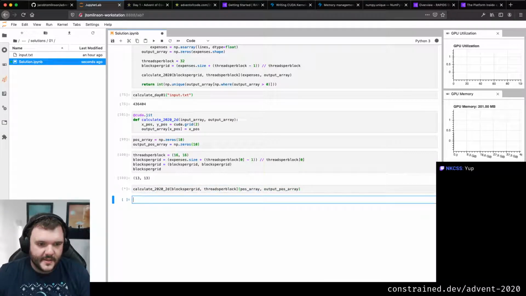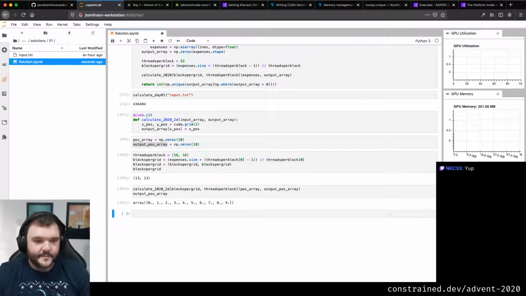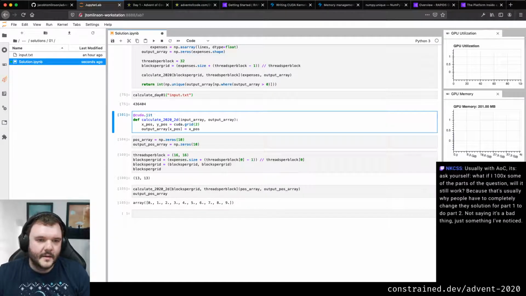I'm just curious to see what that comes out with. Output pos array. Yeah, I think that made sense in that it's got to be this X position and Y position, but the X position is just this, whereas my Y position is also what I want to do.